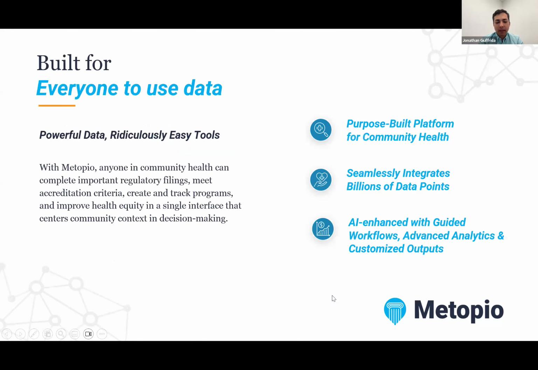Thanks, Sarah. So at Metopio, our focus is on building easy to use tools, and we mean really easy to use. We're trying to help you go further, faster, and be able to use more of your expertise in your community on the parts of the CHNA and CHA process that require the most expertise. Our team comes from community health. Like Angie said, Sarah and I have done so many CHIPs, so many CHNAs and CHAs before even coming to Metopio. We're building the tools that we wish we had had at that job, that we could have used to automate more of that process, to be able to do this faster and especially better, because there are always limited resources and limited time available.